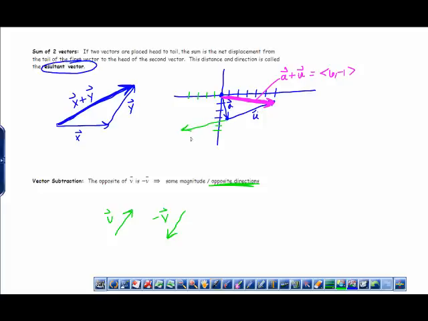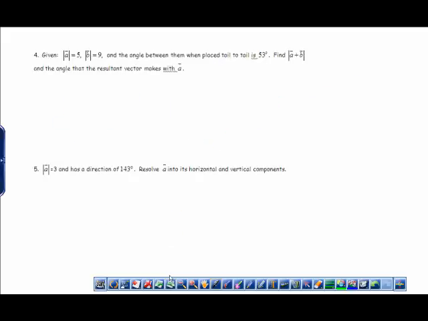So a completely opposite direction. So it'd be like adding a negative vector. And then this right here would be vector A minus vector U. Okay? So let's use this in going into the next example, which says if we're given the magnitude of vector